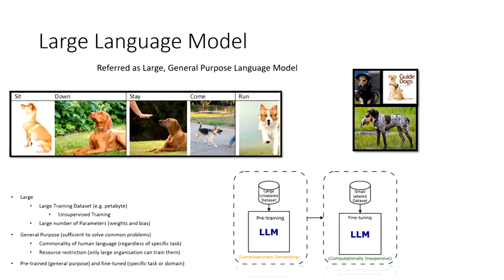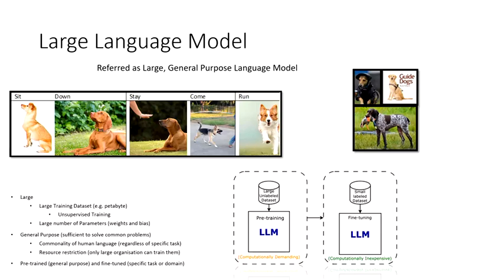So large language model is referred as general purpose large language model. Why general purpose? Because you can train a large language model and then you can use it in many applications and domains. So the essence is that because the language itself, wherever you are using it, has some common features that are shared in different domains and tasks.